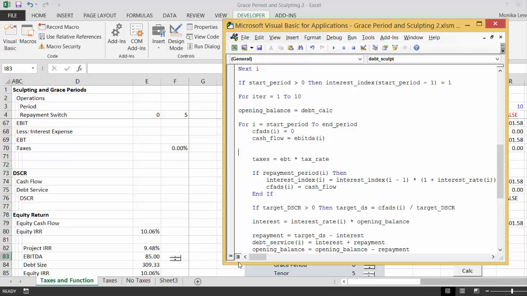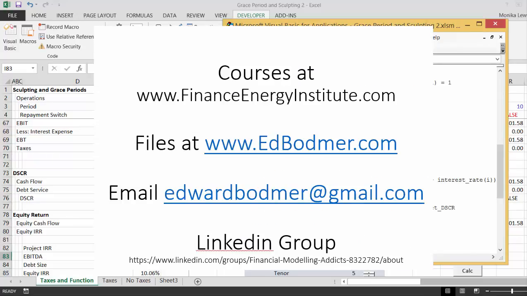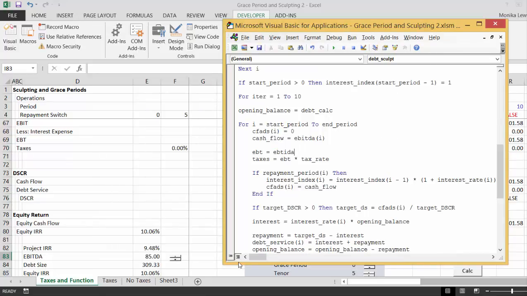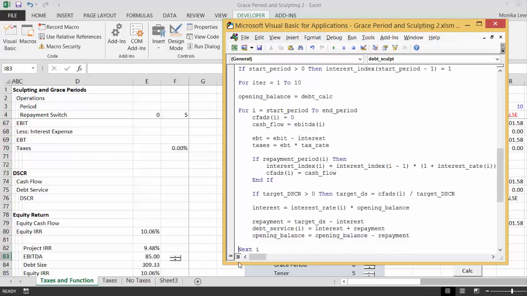Now the EBT, again working backwards, EBT equals EBITDA minus the, now EBT equals EBIT minus interest. Now you can see that's exactly where we get the circular reference from. Okay, because we needed the interest here, which was a function of the debt service, and